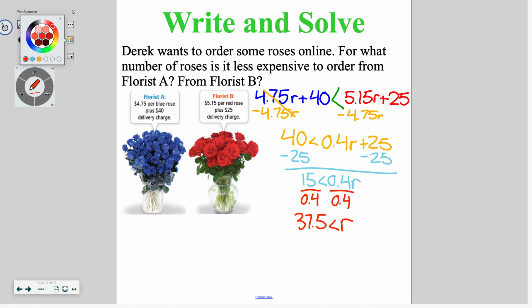Now we need to go back and look at the question and see if we have actually answered it. It says, for what number of roses is it less expensive to order from florist A? So, in order for the blue roses to be our less expensive, we need r to be greater than 37.5. The closest whole rose is 38. So for florist A, it's cheaper to buy 38 or more roses,